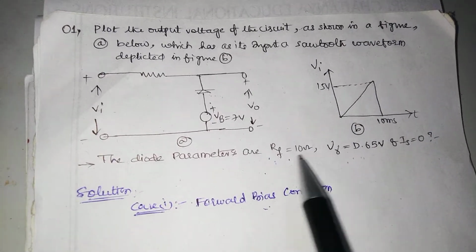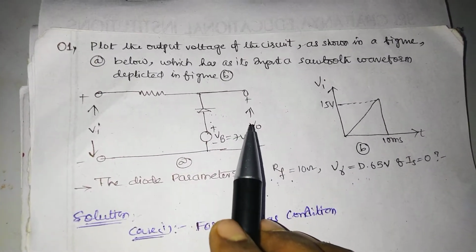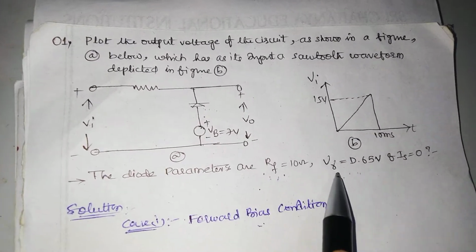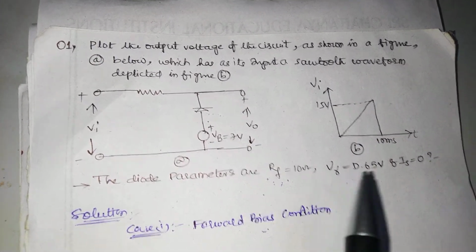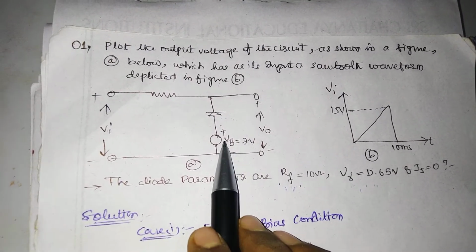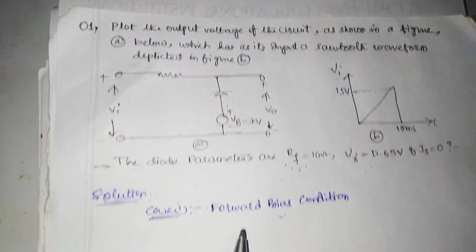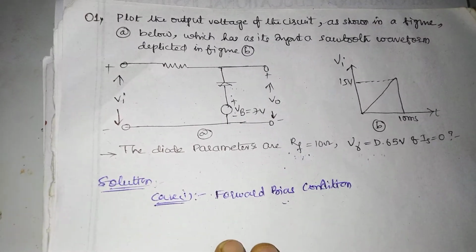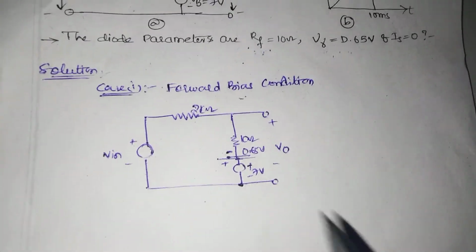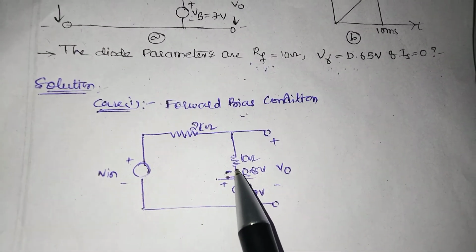So it is a practical diode. In the ideal diode there is no forward resistance and cutoff voltage. Only a practical diode has both of these. So simply it is a practical one. Okay, so we have to read the question figure A in the answer. For the forward bias condition, the diode acts as a short circuit.